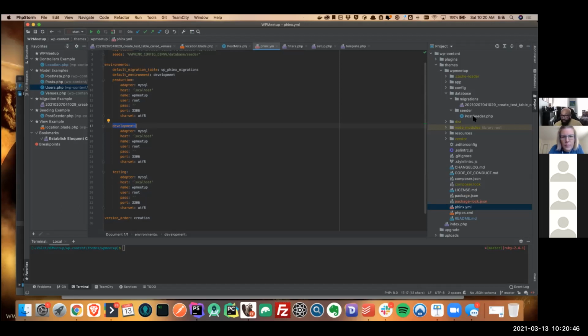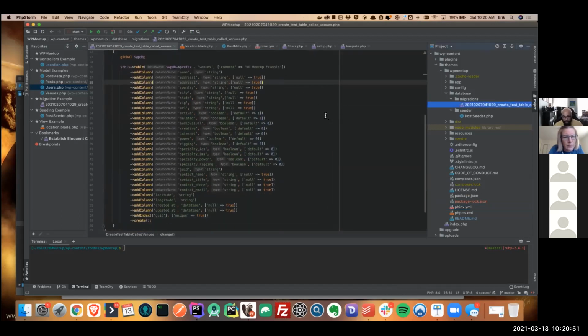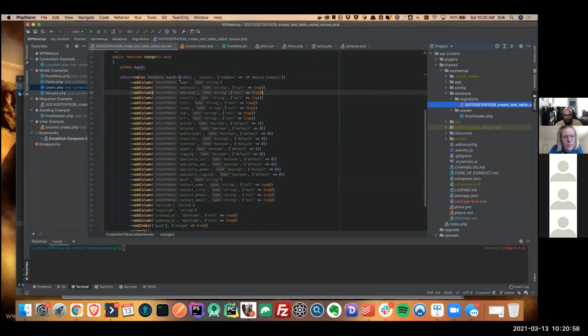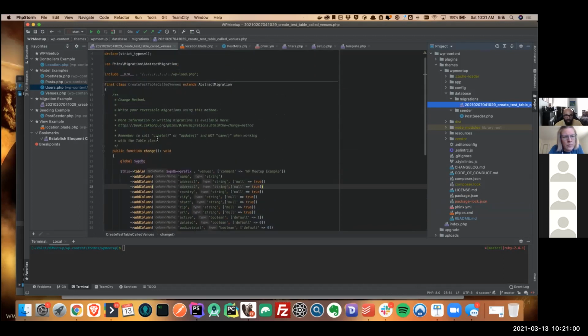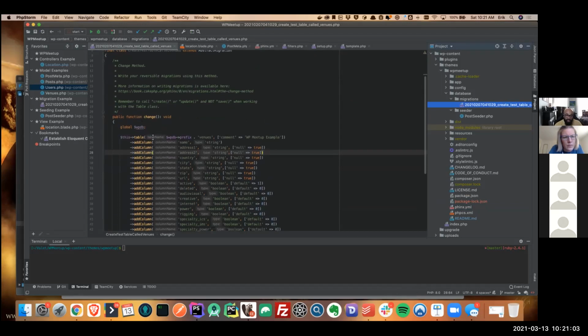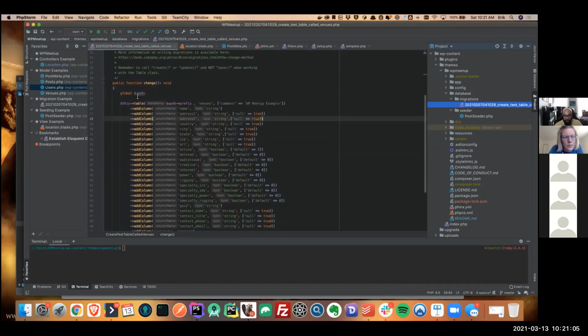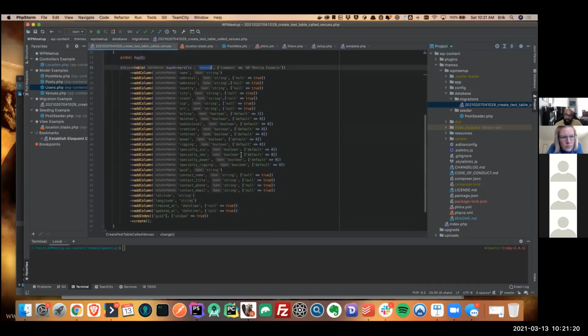So an example of a migration file would be one right here. It's a little bit more straightforward than just writing out MySQL because it's technically easier to read. So here, it only has one method, I should say, called change. And here, I'm calling the WordPress database object, and I'm getting the prefix in case it's not the regular wp underscore and it's something different. And then I put whatever the new name of the table is. And then this thing will create the table for me.